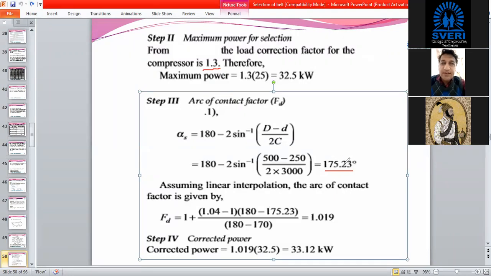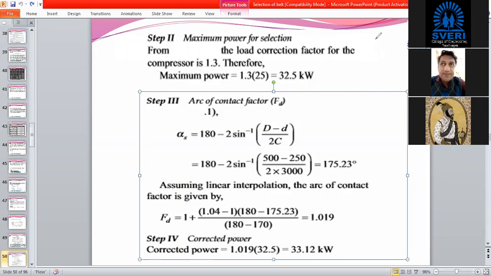You have to check whether 175.23 degrees is available in the table provided. Once you get this value, we have to choose the factor by which we are going to multiply for the arc of contact. Then the corrected power, by multiplying with the arc of contact factor, is 33.12 kilowatt. That is step number 3 which we have seen.